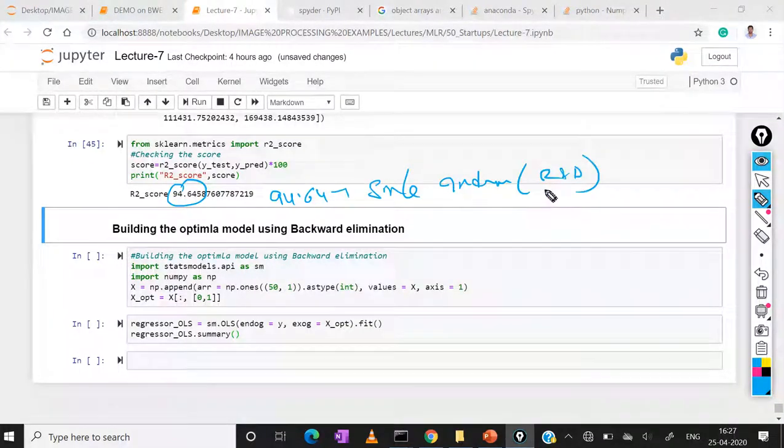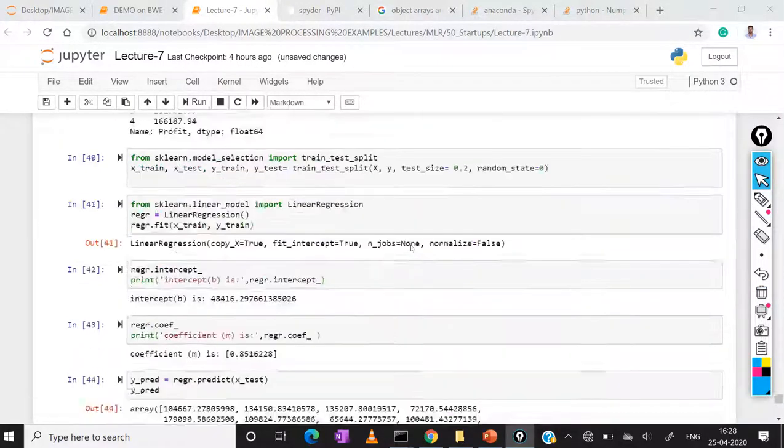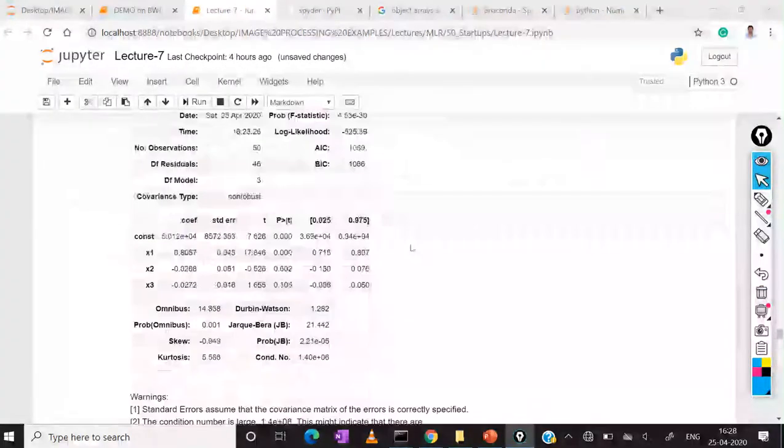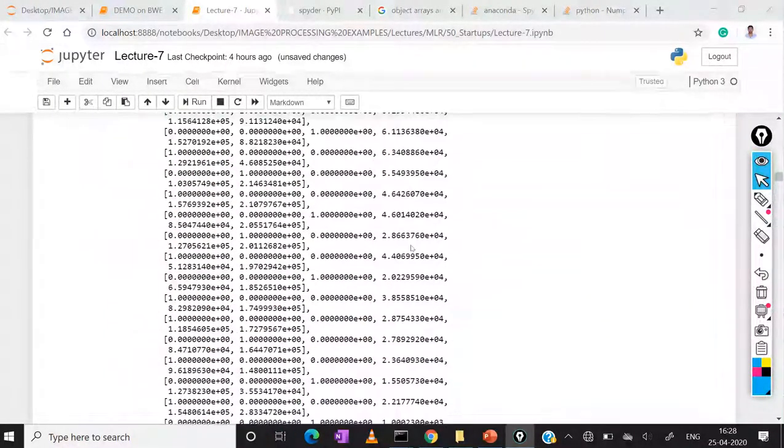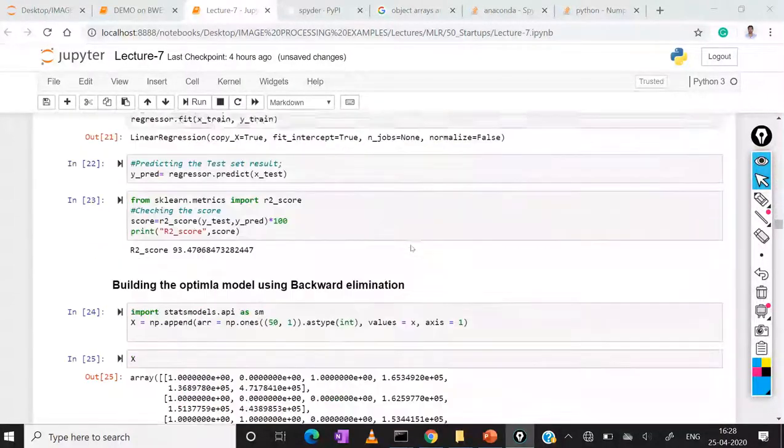Only considering the R&D department feature, the model gives 94.64%. Before, when I considered all independent features, I got about 93 point something, which is less.